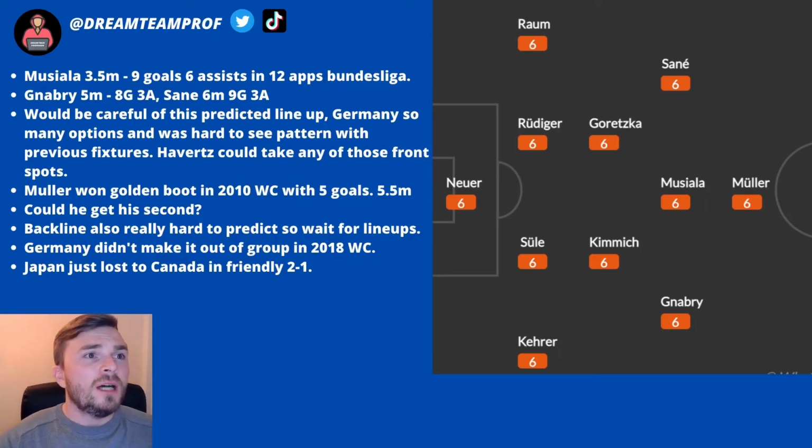So yeah, we've got Musiala, 3.5 mil, and he's got 9 goals and 6 assists so far in the Bundesliga in only 12 appearances, so a really good attacking option. And when I looked through the previous fixtures, he's starting a lot of games for Germany, so he's a really good option there. And then you've got a bit more expensive, but probably a bit more familiar with